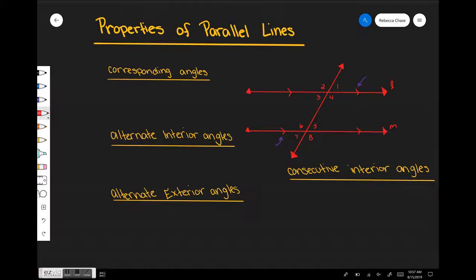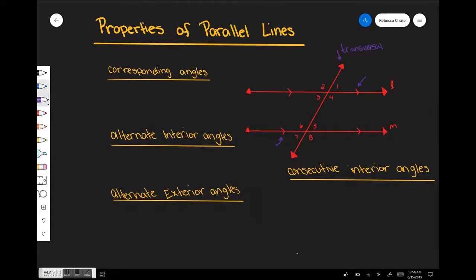When that happens, we have what we call a transversal. So this right here, oh, I want purple. That right there, we call that a transversal. Okay, and what that means is it's just a line that goes through two other lines. That's all that means. It's just a fancy word for it. Okay, and when that situation happens, so when you have two parallel lines that are both intersected by the same line, we end up with these four types of relationships over here.